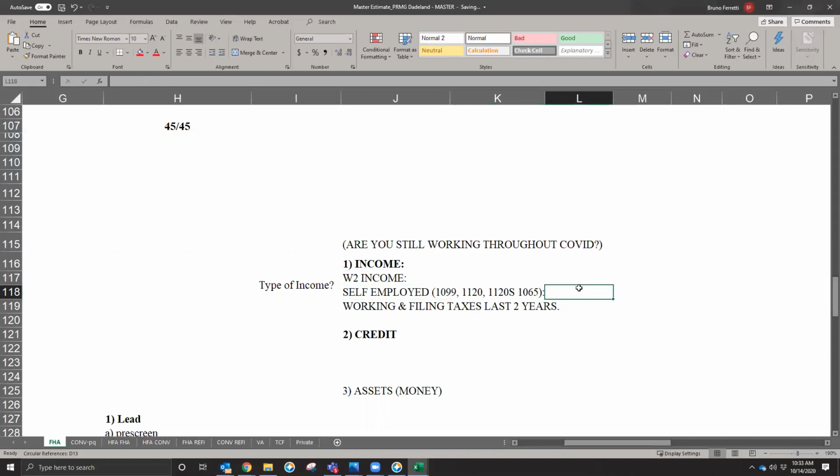Because again, most people will tell you they make a lot when they're self-employed, but then they file expenses and they have almost nothing. Another good question to ask them, if you're trying to find out,